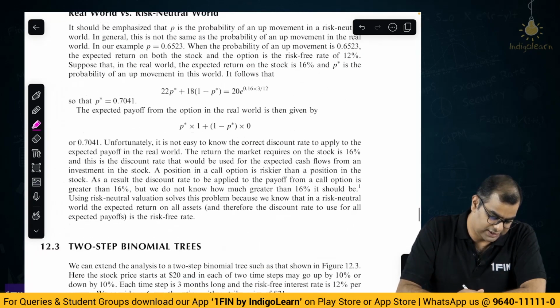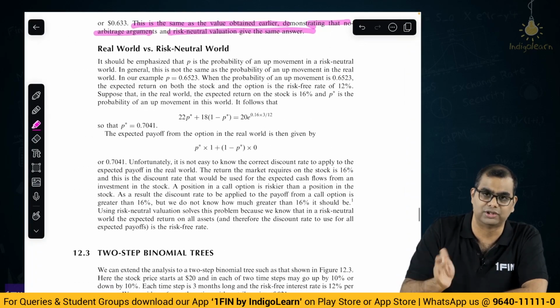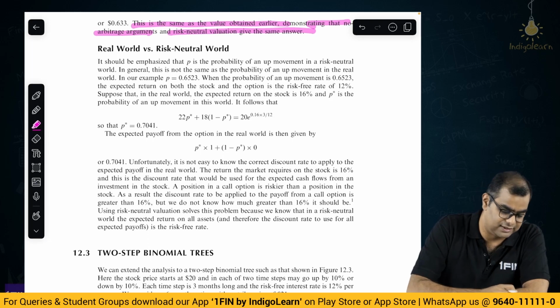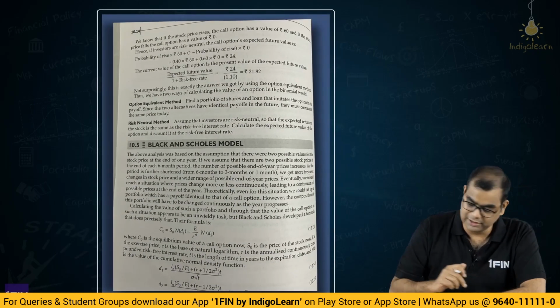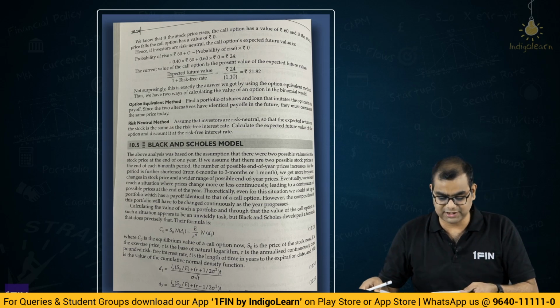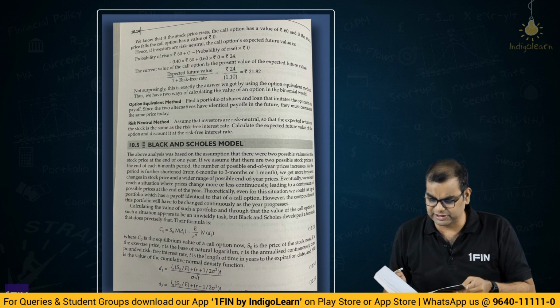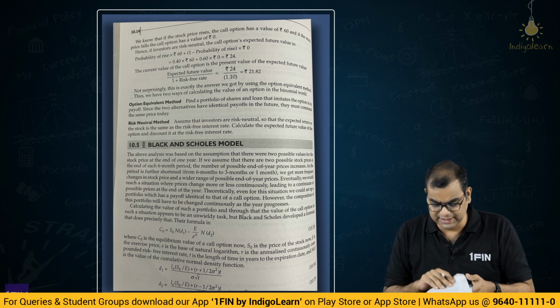Beyond this, I would not want to get into the particular details of John C. Hull because it's an ocean. Okay, now this is John C. Hull. Now coming to the other thing. I have here with me Professor Prasanna Chandra's book, I think the 10th edition, Financial Management Theory and Practice, 10E.